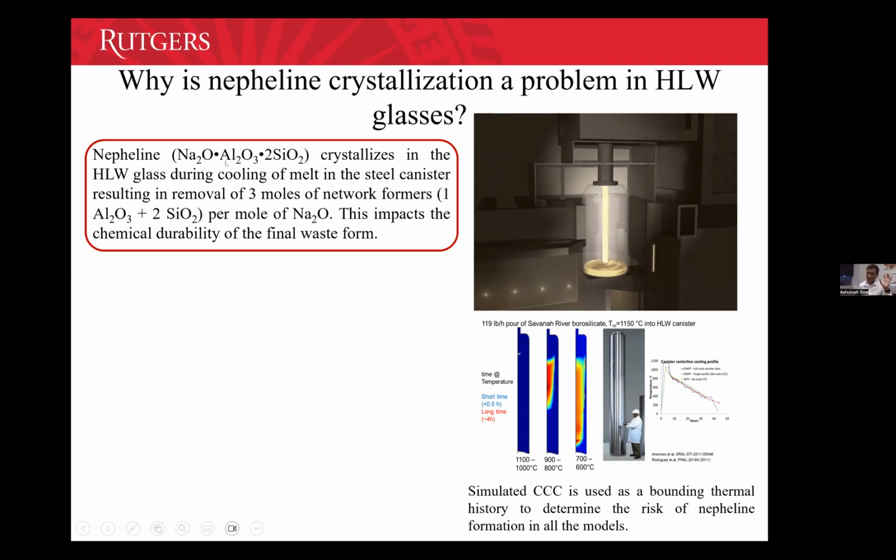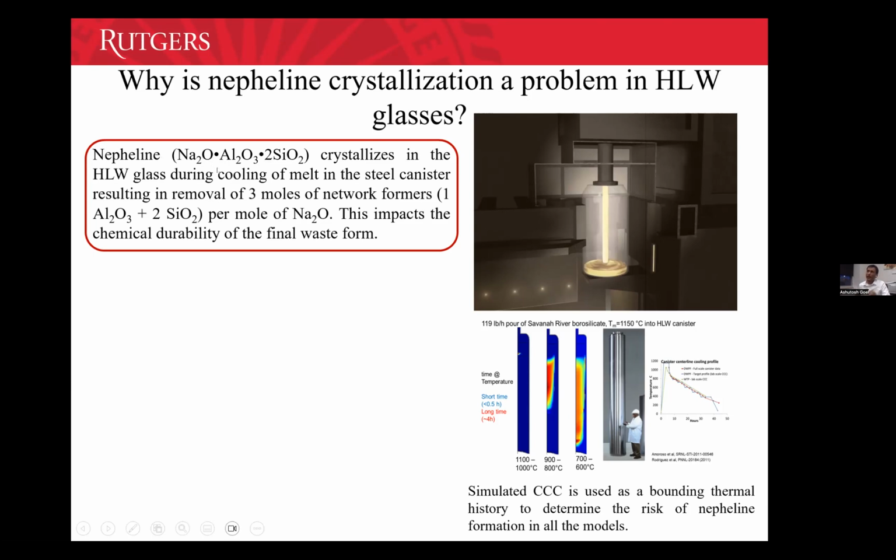And if you have studied a bit of glass or ceramic processing, and if you know what network formers and network modifiers are, you will understand this: sodium oxide is a network modifier, and alumina and silica are network formers. And you need network formers to make glass. More network former means better glass, or durable glass, right?